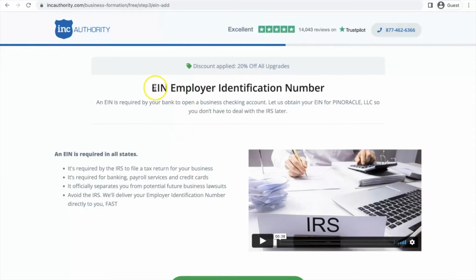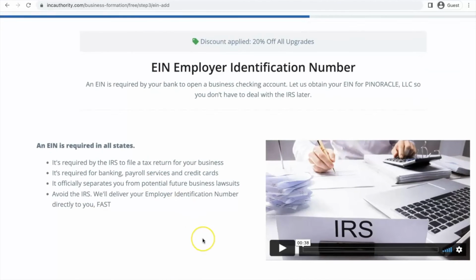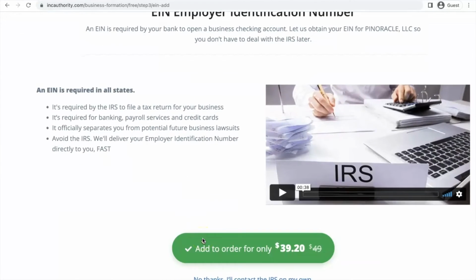Now, the first thing on our screen is the EIN, which means Employer Identification Number. So this is very important. Like I said, Stripe is going to be requesting for this, and not only Stripe. If you're setting up stuff online using your US company, you will need to be entering your EIN alongside, because it serves like an SSN for foreigners. Okay, so click on add to order for only